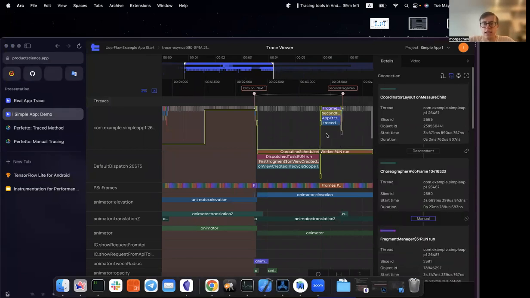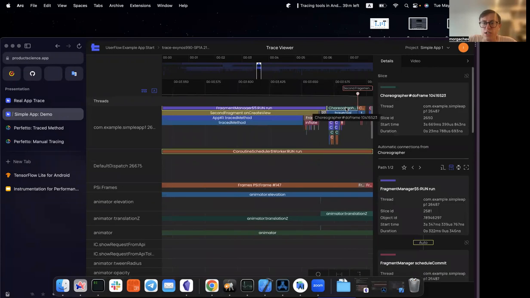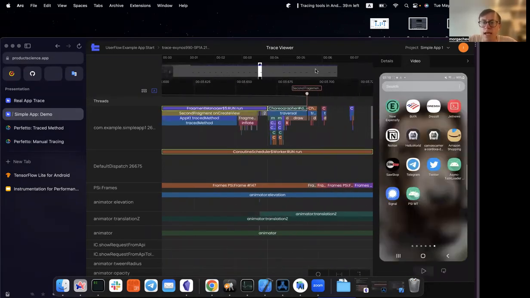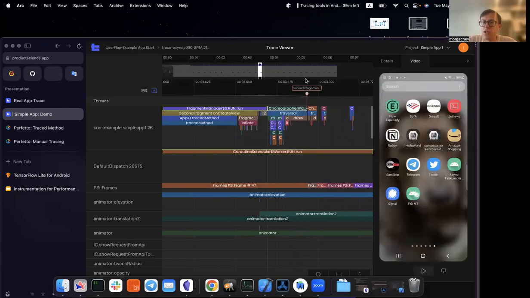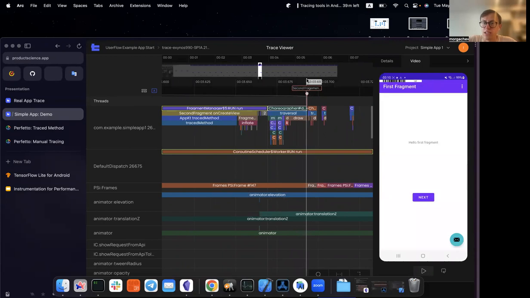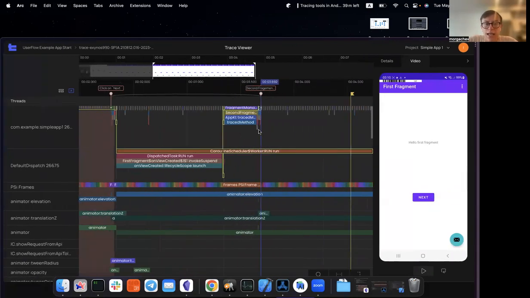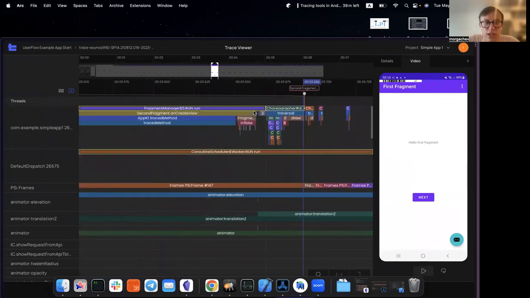So with the same trace, we have a reaction here when the view is updated. We can see on video that here we jump from the first fragment to the second fragment. And here we have the whole sequence of executed methods. So to update the choreographer,